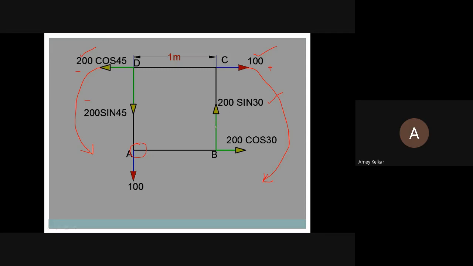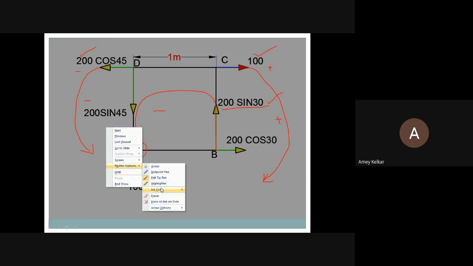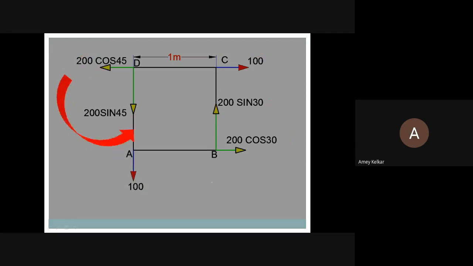Now see here, this force is going here, the third force under consideration. I'll come from point B up to here, and rotate in this side, so again this is minus. So we have got one positive rotational action and two negative rotational actions. This was anti-clockwise, this was clockwise, and again this was anti-clockwise. Here I have, in the next slide,